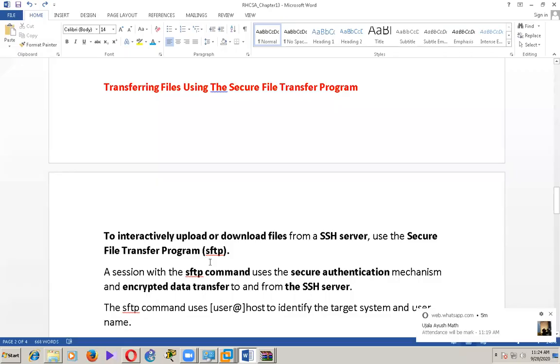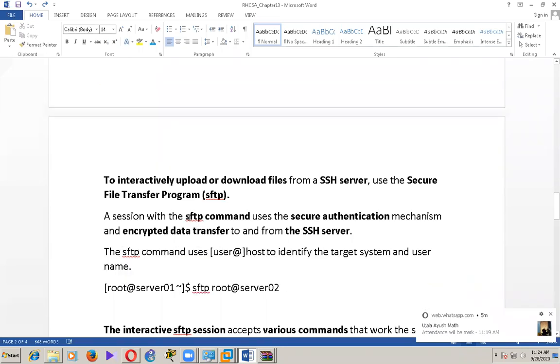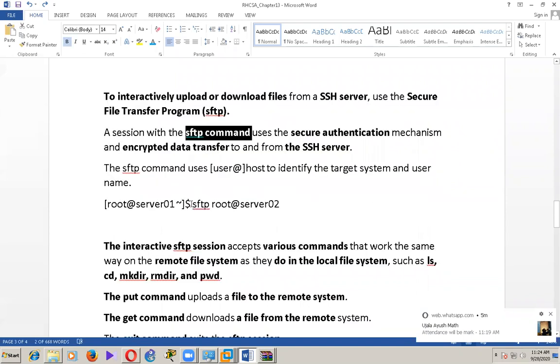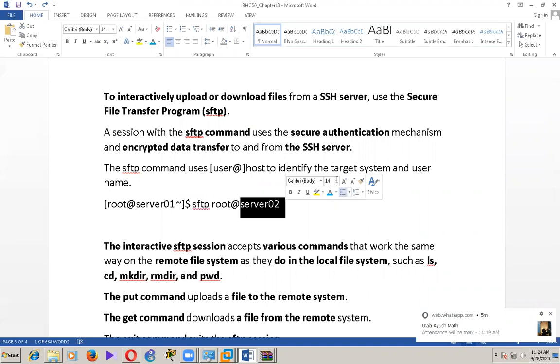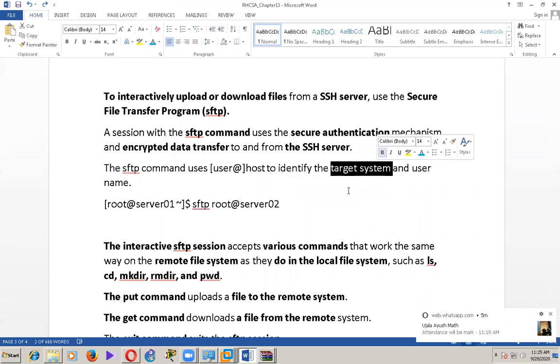I will show you using one example. So this is my last command, the sftp command. By using this command, give the name of the remote, meaning the FTP server name, so we can connect. This is user@host, my host name, server02, to identify the target machine.